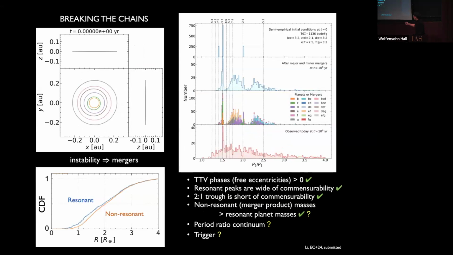Just to get you into the mood of breaking these locks, here's a real system. It's modeled after a real system, TOI 1136, a 6-planet chain, resonant chain. And we've arranged the initial conditions so that some of the resonances, not all of them, are unstable. When they're unstable, the orbits cross. When they cross, like what just happened right there, you get a merger.